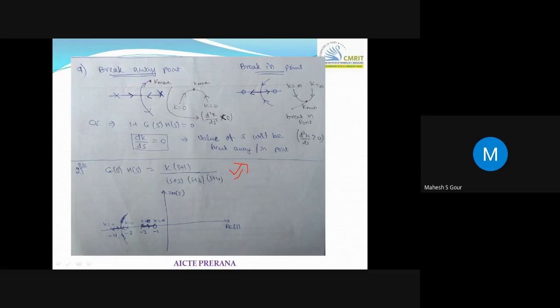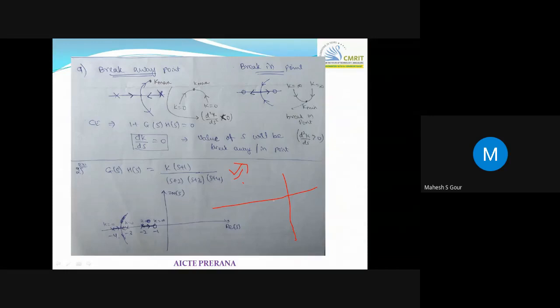See, you're doing it after a long time, so you may feel it a little bit difficult to understand. Once you solve some 3-4 problems, it will be pretty easy for you. So see, if you want, you can directly plot the root locus. No need to write down the steps.